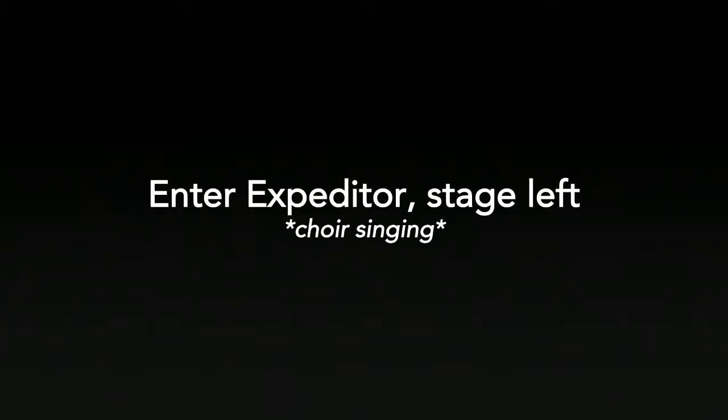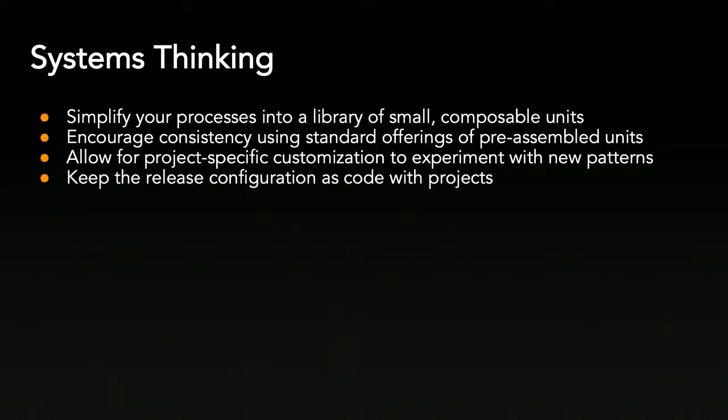So Expeditor is the culmination of a lot of sadness, rage, and one very fun road trip that I will now go over with you. The important thing we've learned from all of the sadness is to approach this with systems thinking. You want to break things down into pieces that you can understand, and then make sure that you understand how all of those pieces interact, and try to keep as much consistency amongst all of those things as possible,